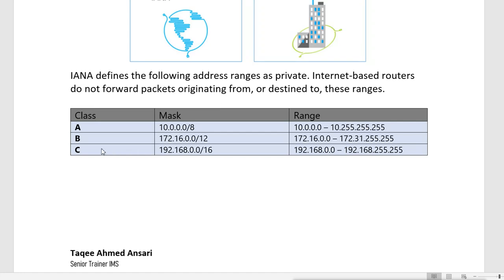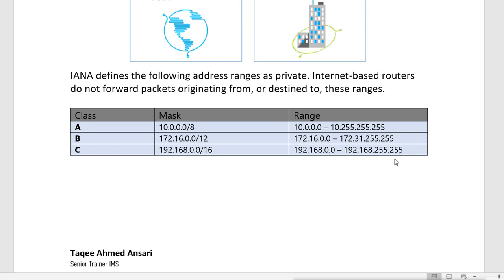Then in class C, it has 192.168.0.0/16. That means 192.168.0.0 to 192.168.255.255. Now in class C, we have only 256 IPs in one network.